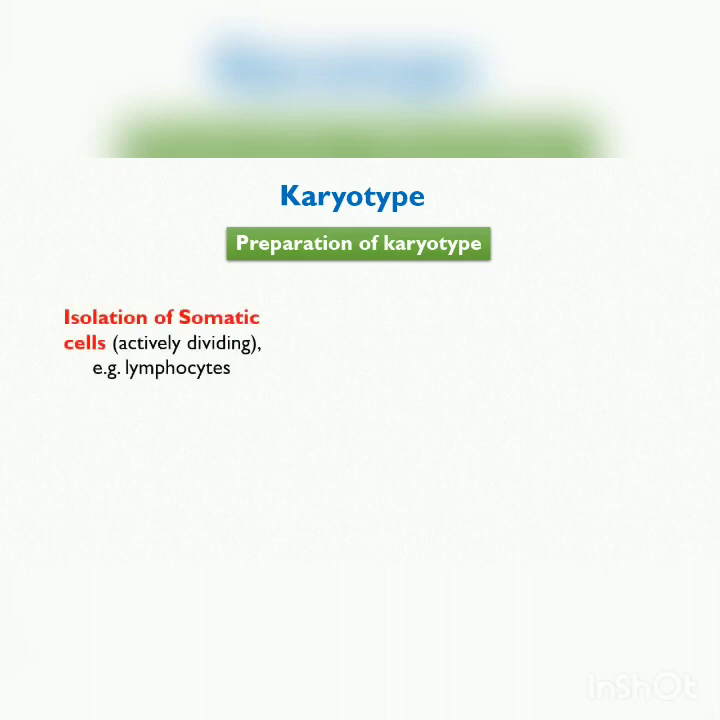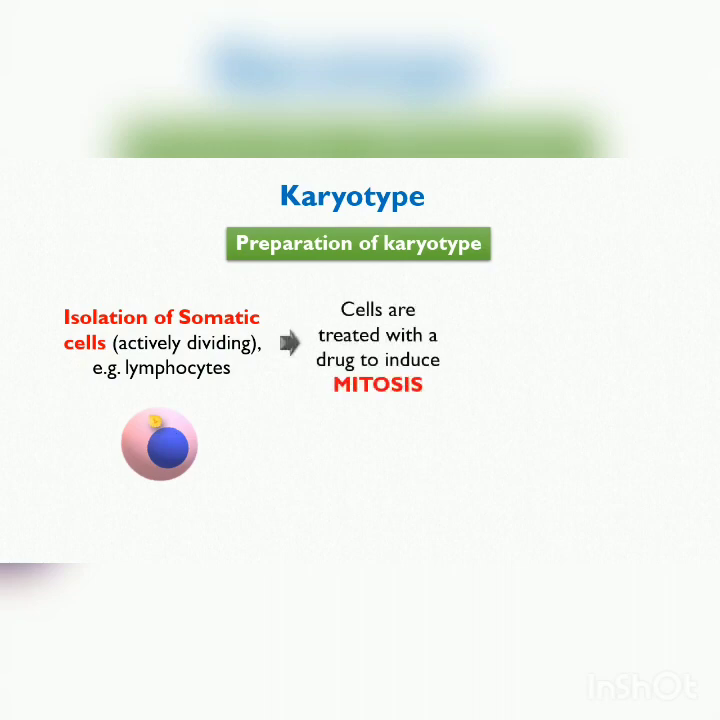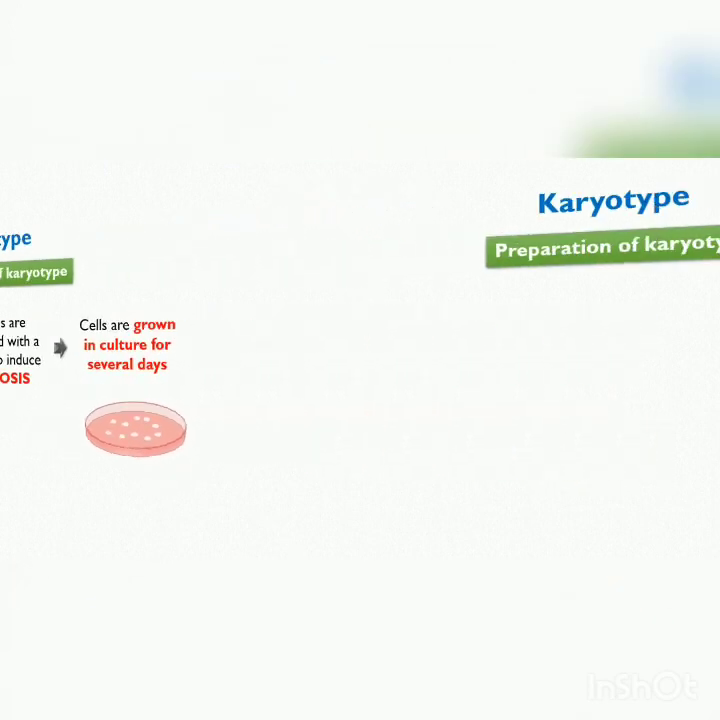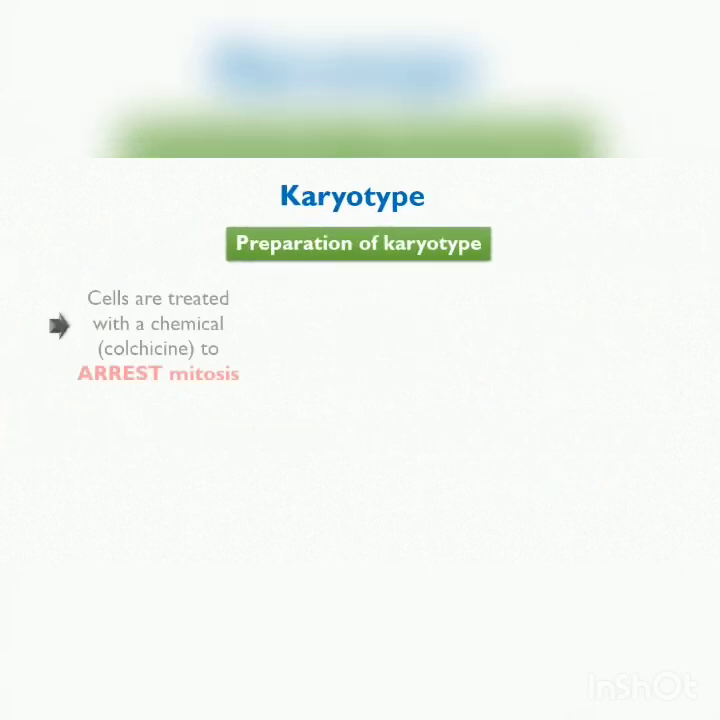First of all, the somatic cells are isolated, which are actively dividing cells, such as a kind of WBC, that is lymphocytes, right? So the cells should be actively dividing. These cells are then treated with a drug so that mitosis can be induced. These cells are then grown in culture for several days so that they can multiply in numbers and undergo mitosis. Next, the cells are treated with colchicine